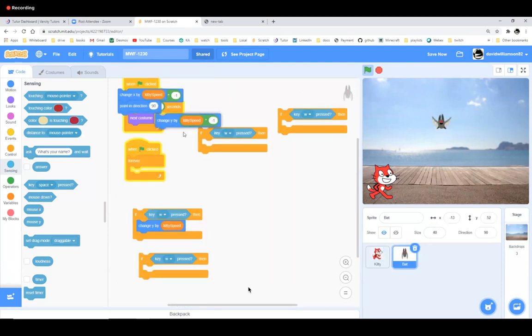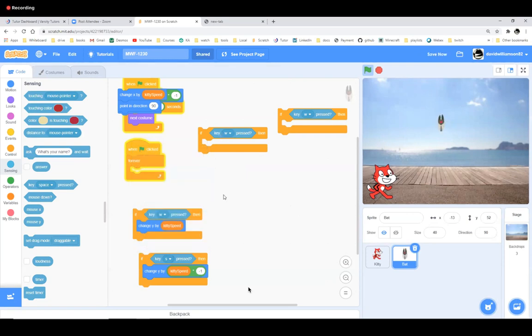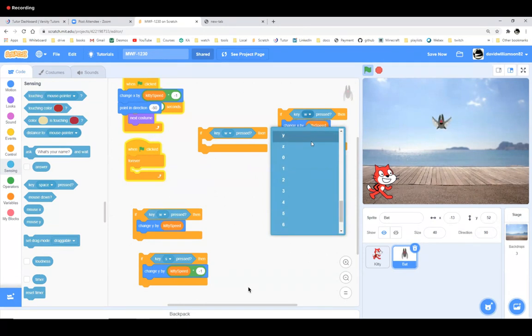But let's see. Change Y by -1. Okay, that belongs to down. Changing Y by -1 is down, or negative kitty speed. And down is the S key. I'm going to use the S key to make the bat go down. And then change X by positive kitty speed would be moving to the right, which I will assign to the D key.